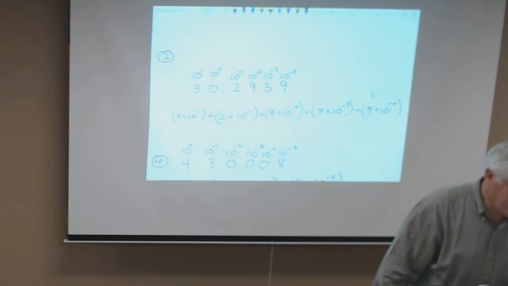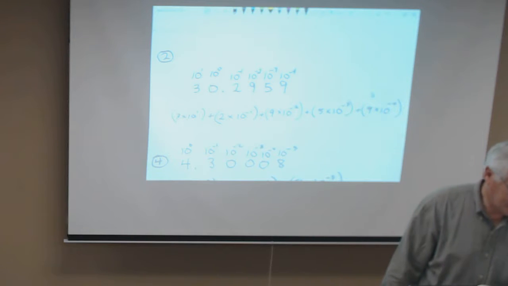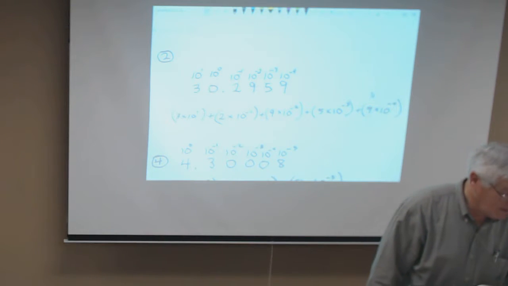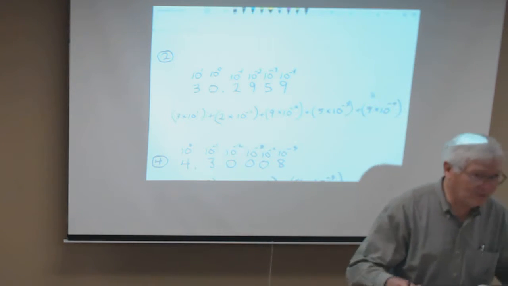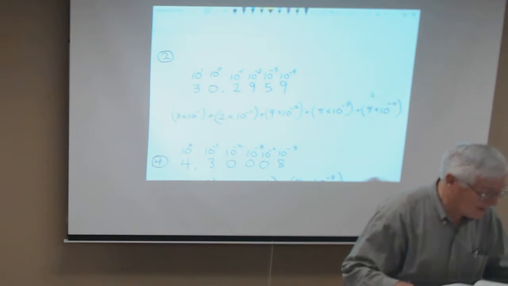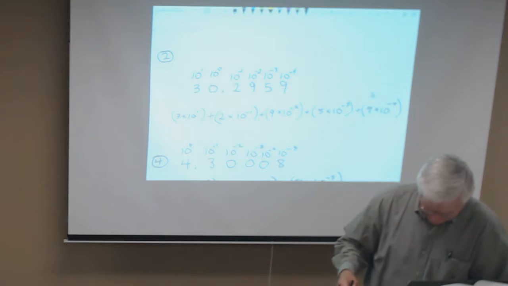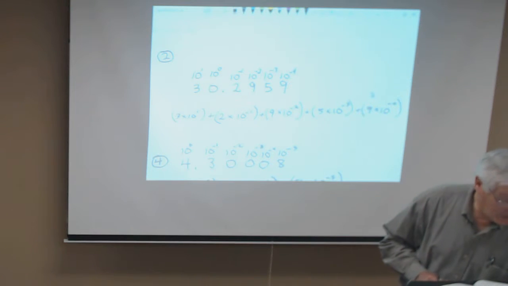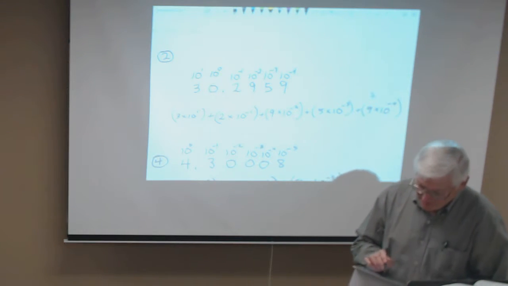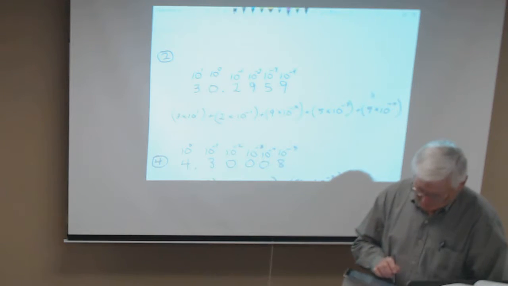Page 280, exercises 5.4. In problems 1 through 4, write each number in expanded notation. And the number given for problem 2 is